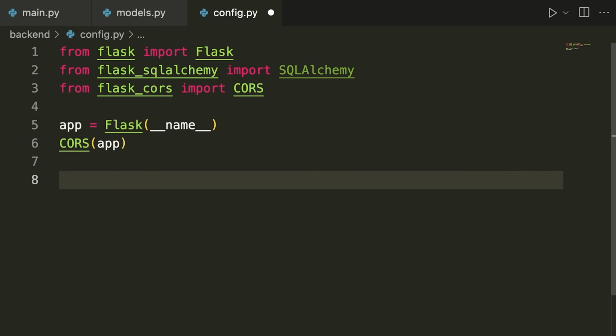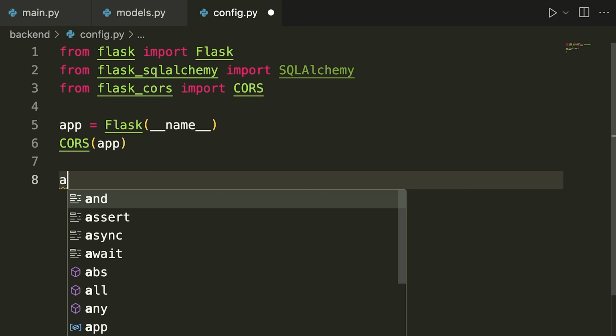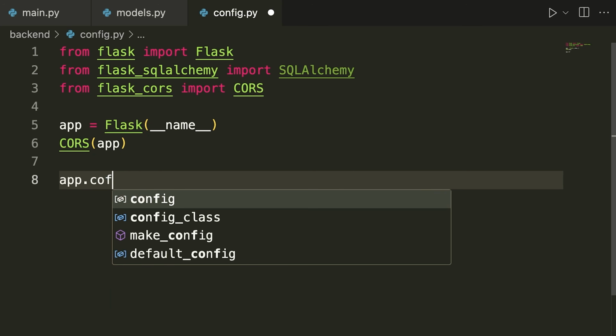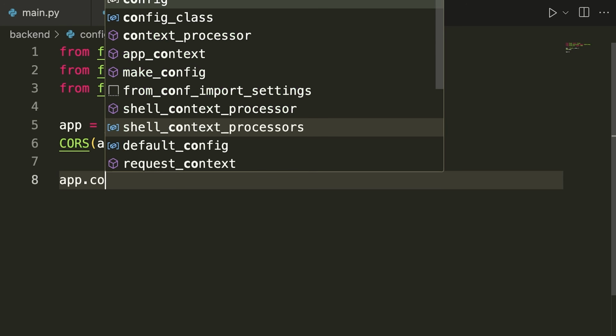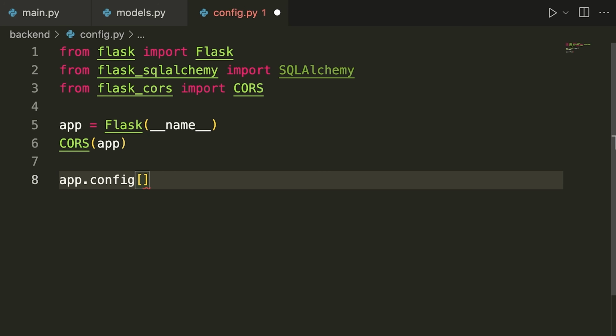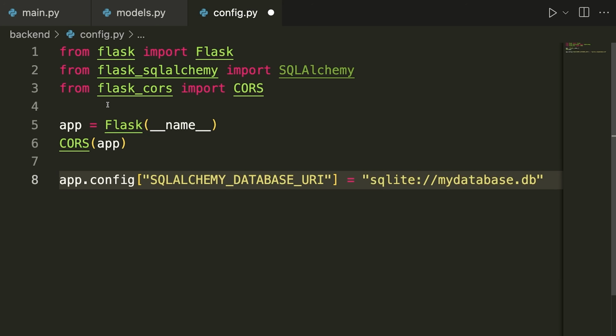So now we'll be able to actually send cross-origin requests to our app. Next thing we need to do is initialize some database things. So we're going to say app.config, and then inside of a set of square brackets, we're going to say SQLALCHEMY in all capitals, underscore DATABASE underscore URI is equal to, and then this is going to be sqlite and then colon slash mydatabase.db. What we're doing here is specifying the location of the local SQLite database that we're going to be storing